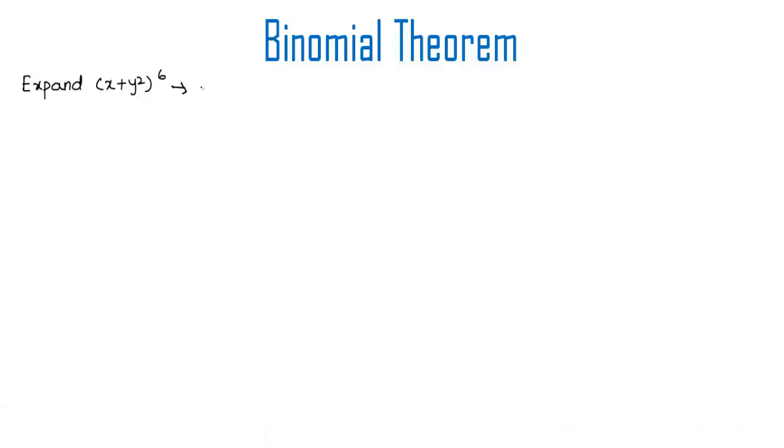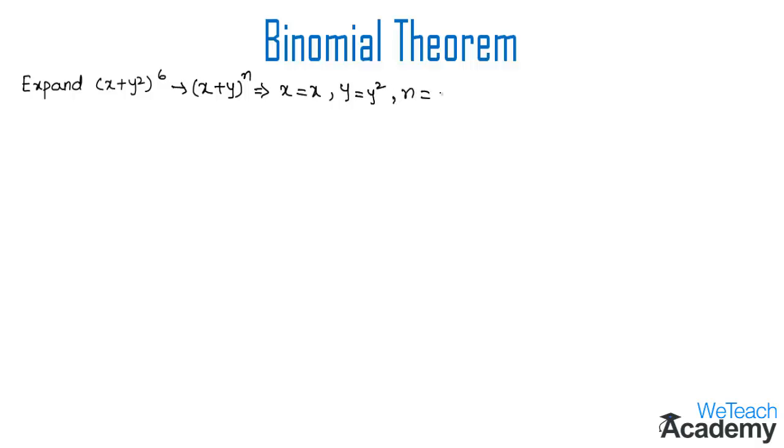So if we compare this with the term (x + y)ⁿ, then we get the value of x as x, y is equal to y², and the value of n is 6. We already know that the expansion of the binomial term (x + y)ⁿ is given by